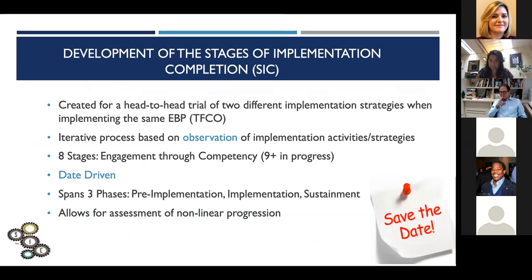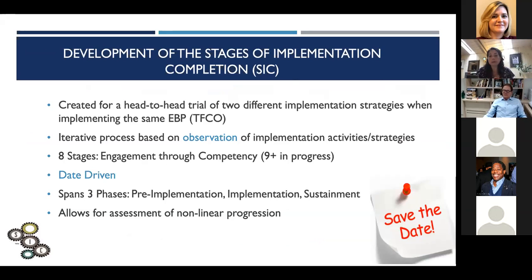Which then brings me to the SIG. So the Stages of Implementation Completion is a standardized measure that was originally created for a head-to-head trial of two different implementation approaches for implementing the exact same evidence-based practice. And that evidence-based practice was Treatment Foster Care Oregon, which was developed at Oregon Social Learning Center, where I work